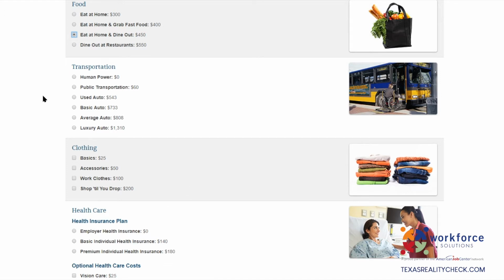So moving on, it's transportation. You have a place to live, you have food to eat. Now it's time to find out which type of transportation you'll need. So the options listed under transportation are human power for $0, public transportation for $60, used automobile for $543, basic